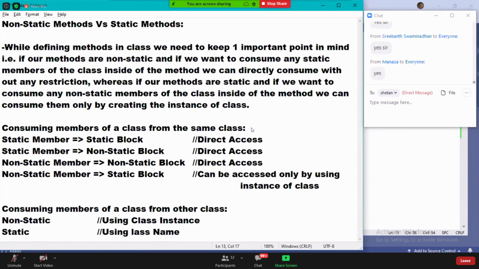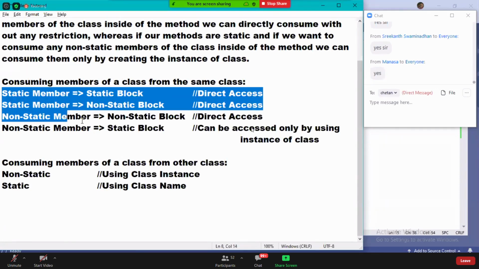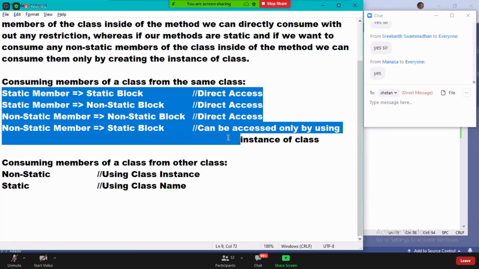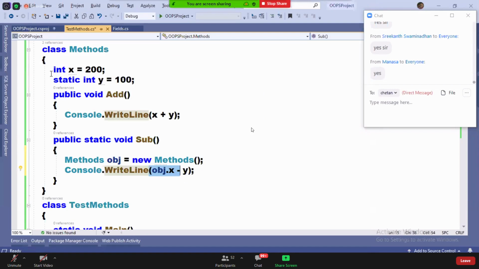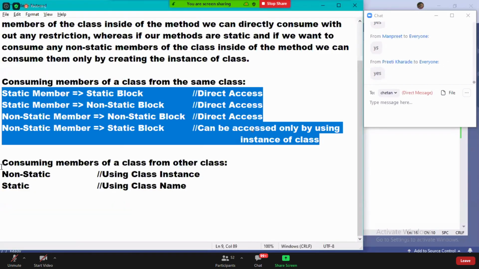Read this also. Consuming members of a class from other classes. When you want to consume from other classes: non-static, use an instance; static, use the class name. That's all. Now see, do you have examples for all the four right now here or not? Okay, now come here.